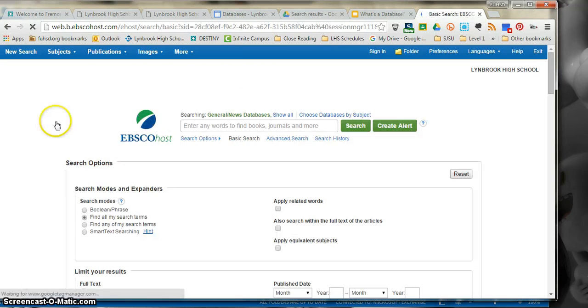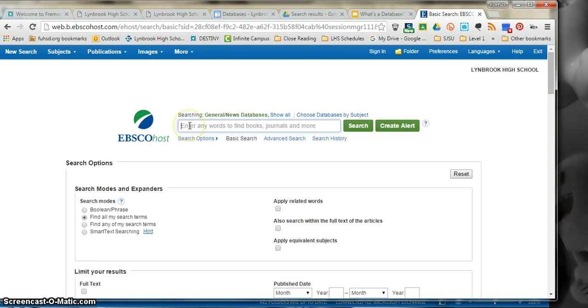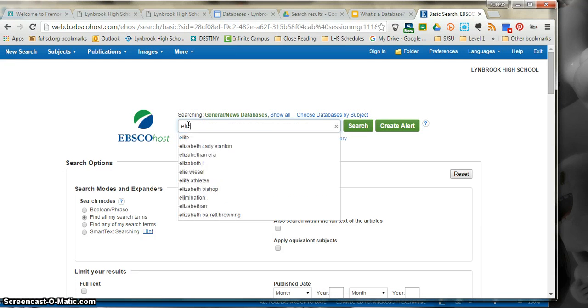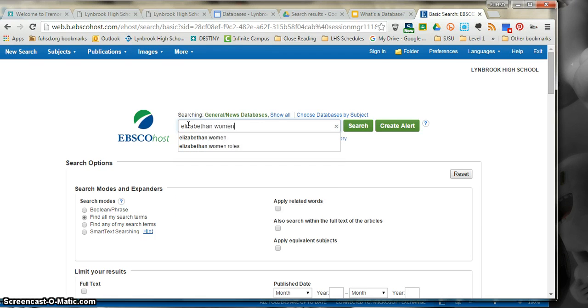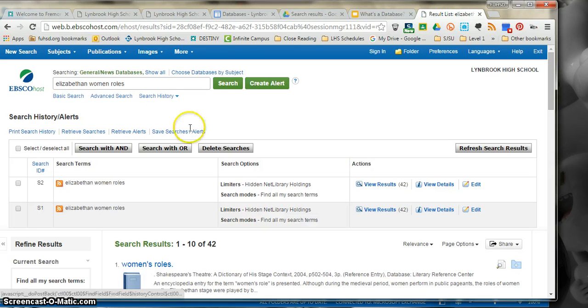If I click the Continue button, here I have this searchable space, and I'm going to search Elizabethan women roles. I have 42 results that are listed here,